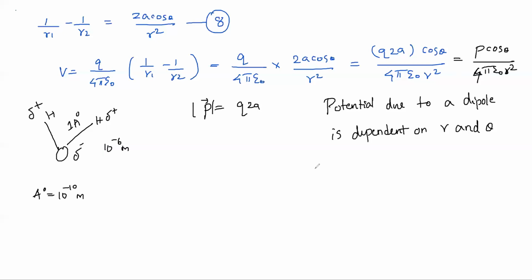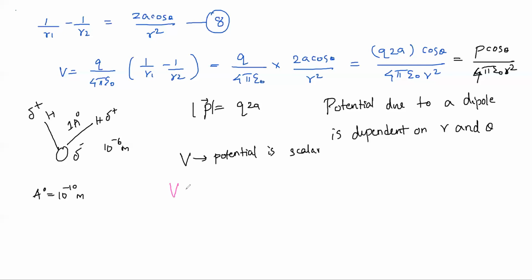So here the potential is dependent upon angle. Dipole moment is a vector quantity, but we have left the vector here. Let's bring back the vector. But remember, potential is a scalar. On the right hand side, you have a vector component, P is a vector. If we left it alone, V may not be a scalar. So the right hand side would have a vector and the left hand side a scalar. That should not occur, so it's not happening like this.